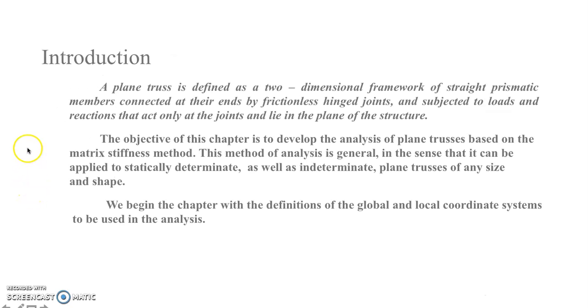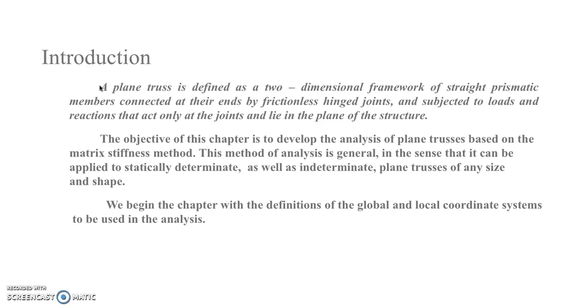So before we identify the difference between the global and local coordinate system that we will be using in this chapter in the analysis of the problems, let us try to define what is a plane truss. A plane truss is defined based on our previous learnings in theory of structures. A plane truss is defined as a two-dimensional framework of straight prismatic members connected at their ends by frictionless hinge joints and subjected to loads and reactions that act only at the joints and lie in the plane of the